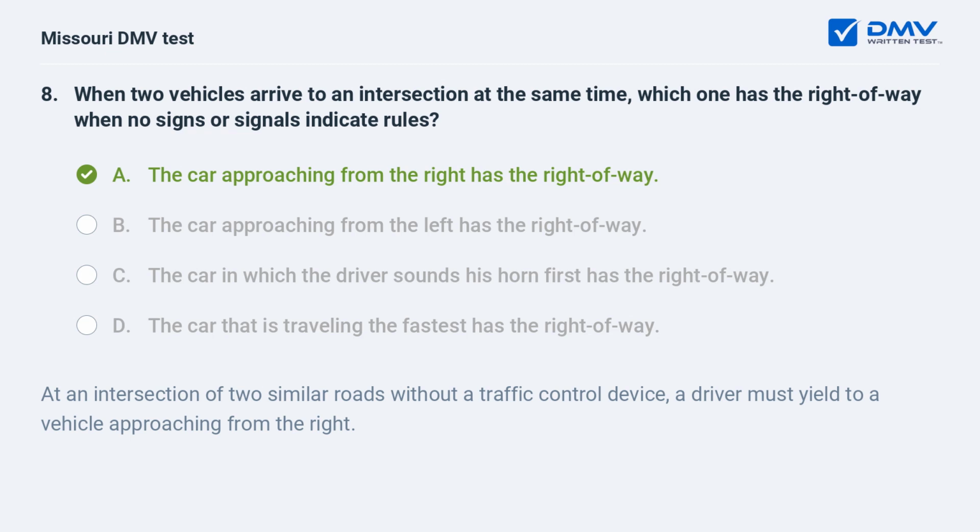At an intersection of two similar roads without a traffic control device, a driver must yield to a vehicle approaching